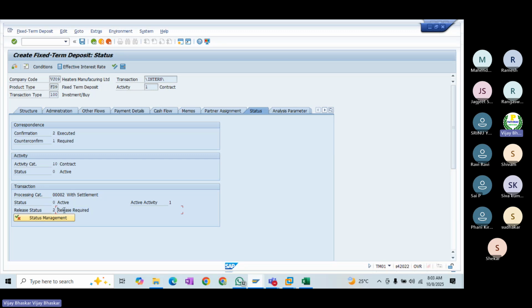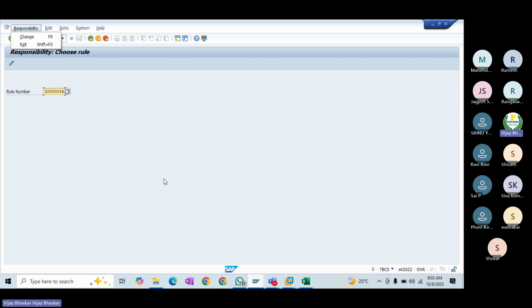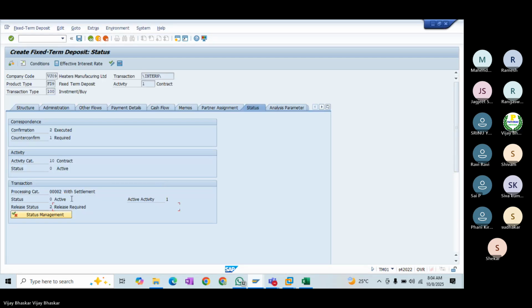Until the authorized person reviews and releases the deal, the system will not allow users to take it forward. In the previous deal, you can go and verify, but you may not see this status in the deal we had created.